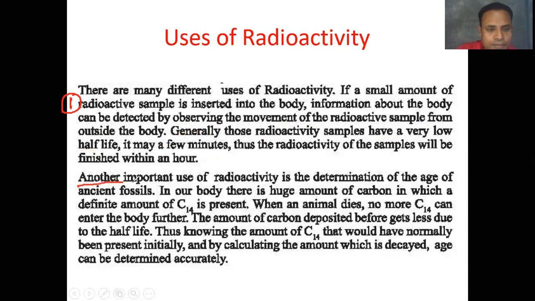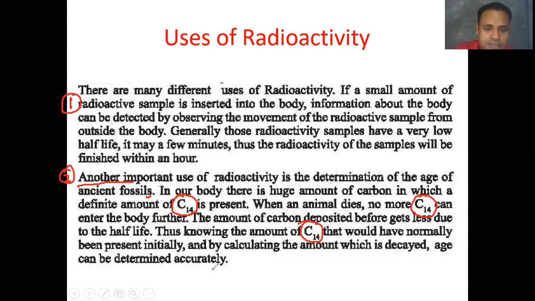Another important use of radioactivity is the determination of the age of ancient fossils. In our body, there is a huge amount of carbon, in which a definite amount of carbon 14 is present. When an animal dies, no more carbon 14 can enter the body. The amount of carbon 14 deposited gets less due to the half-life. Thus, knowing the amount of carbon 14 that would have normally been present initially, and by calculating the amount which has decayed,